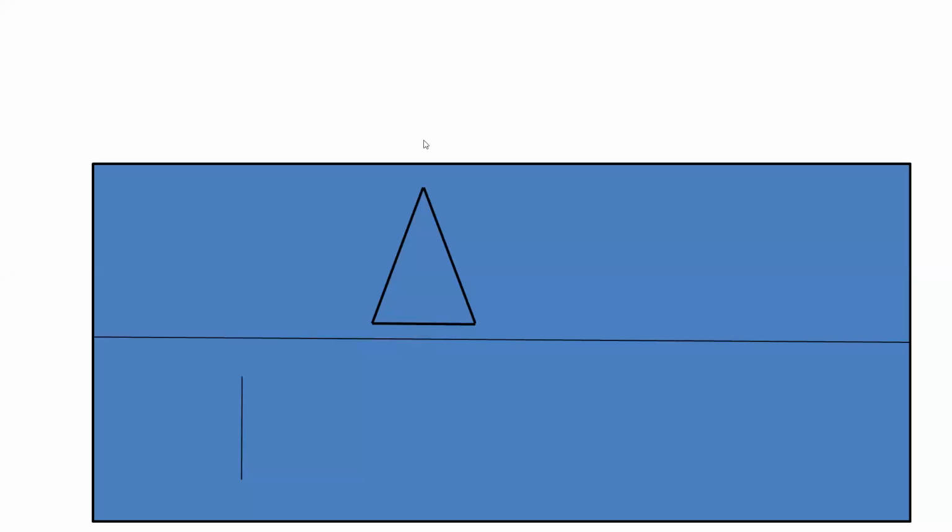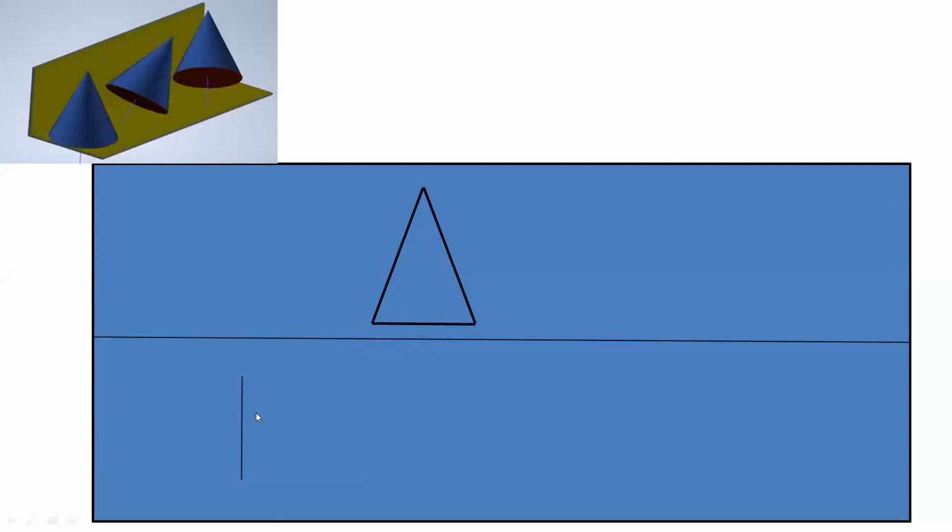Okay, so now see how to draw this. You will start from the top view. Just observe this for reference. In the first stage, the axis is perpendicular to the horizontal plane, parallel to the vertical plane, and the complete base is resting on the horizontal plane. If you observe this from the top view, you will observe a circle. That is the base circle with 40 mm diameter. So draw the circle having 40 mm diameter.